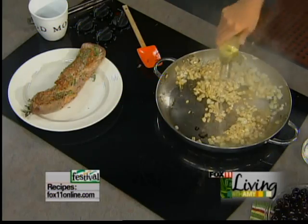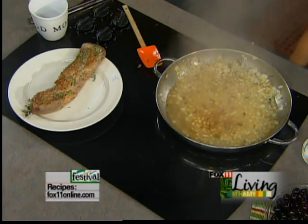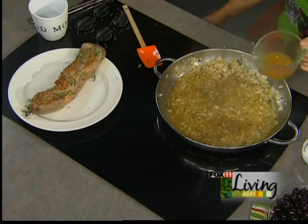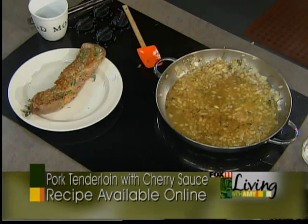a little bit of dry white wine, about 1/2 cup, but who needs to measure? A little bit of chicken stock. Now, if you don't want to use dry white wine, you could use apple juice, that would work, or just double the chicken stock. And then I'm going to throw in my dried cherries, and I'm using a cup of beautiful dried